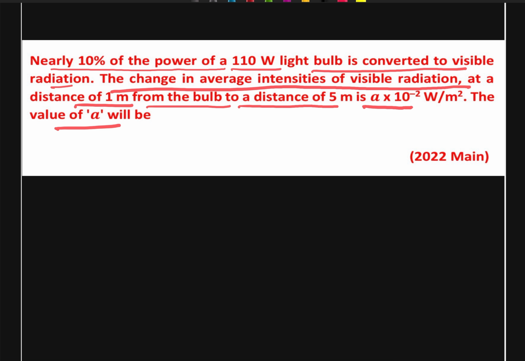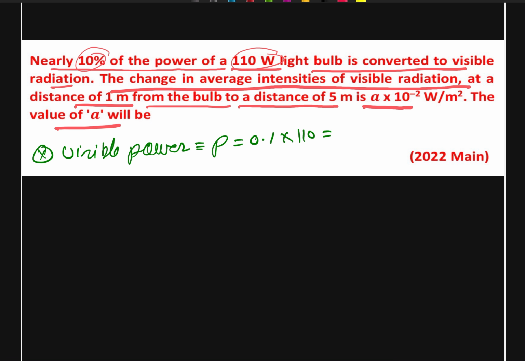So first of all, we have to find out what will be the visible radiation, which is 10% of our 110. So you can say that visible power, let us call this as P, is equal to 0.1 times 110, which gives us